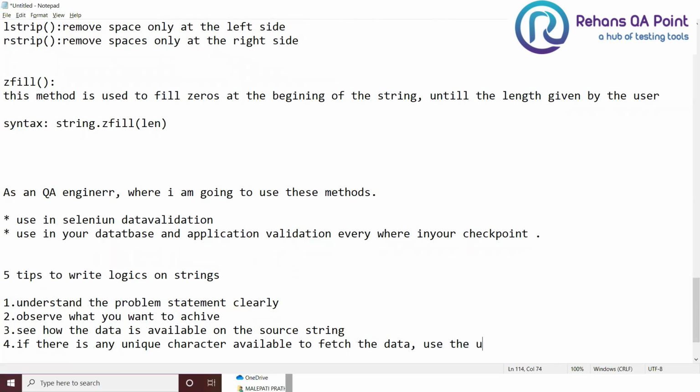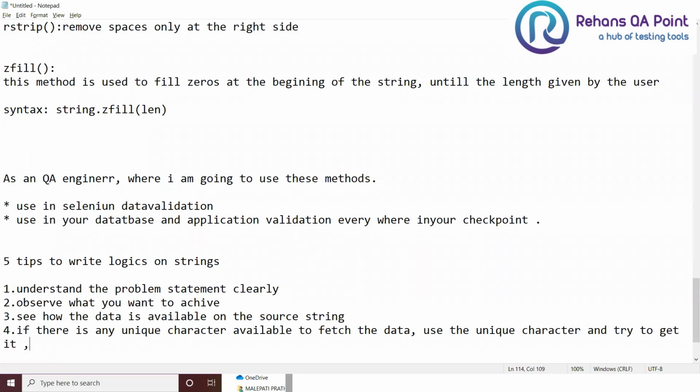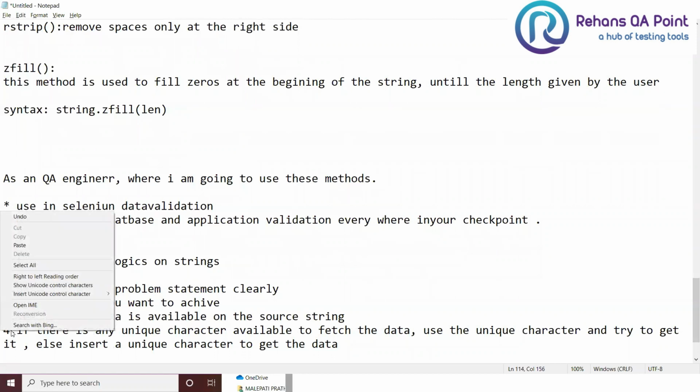Use the unique character and try to get it, else insert a unique character to get the data. Okay, so before this, right, I want to tell you, yeah, this one only.